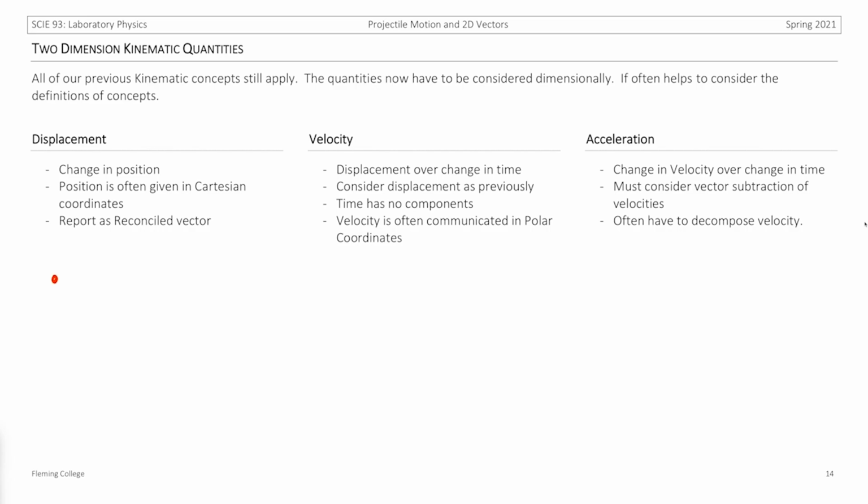The displacement, remember, its definition is change in position. Positions are often given in Cartesian coordinates. So if we have an orange and a purple spot, they would have their own x and y components each. And that displacement, which we often represent with a delta x, gives us a little bit of risk for confusion here. So that change in position has to be considered, that there will be an x component of the change in position and a y component in the change of position,